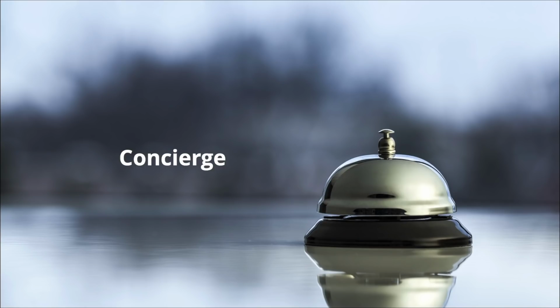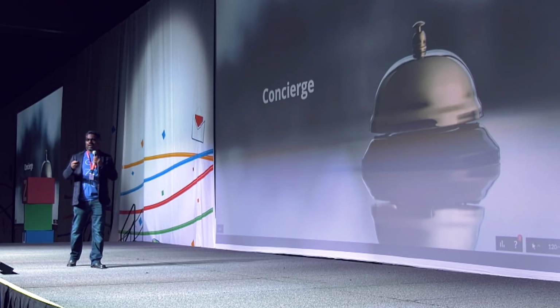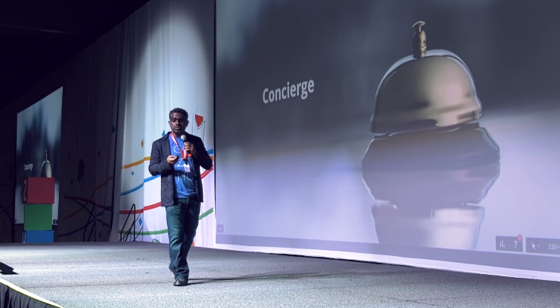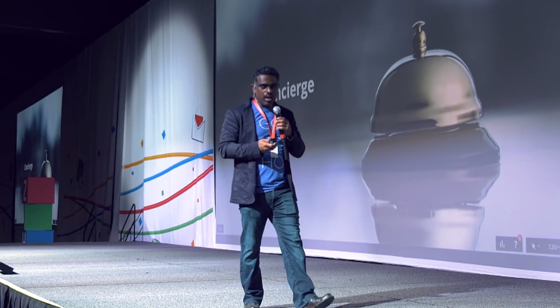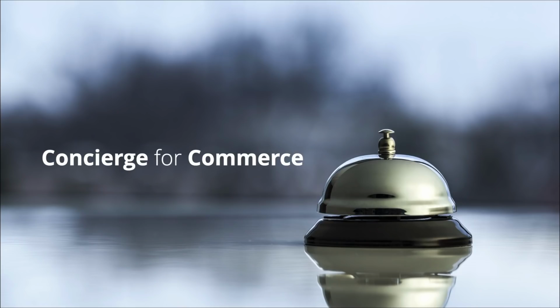We are introducing Concierge. For those of you who are not familiar with Concierge service, when we rolled out Zoho One, we rolled out a Concierge service that would be your business advisor, that would sit with you, understand your business process, and see how and which applications can be used within your business. And you can take their advice and try to implement it if you choose to. And Concierge is a free service that we offered with Zoho One. And now we are extending the Concierge service to Commerce Plus as well.